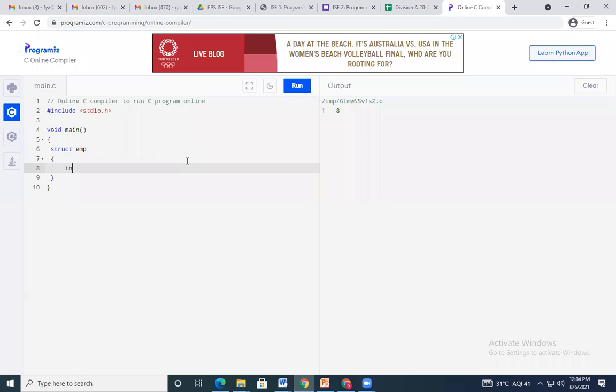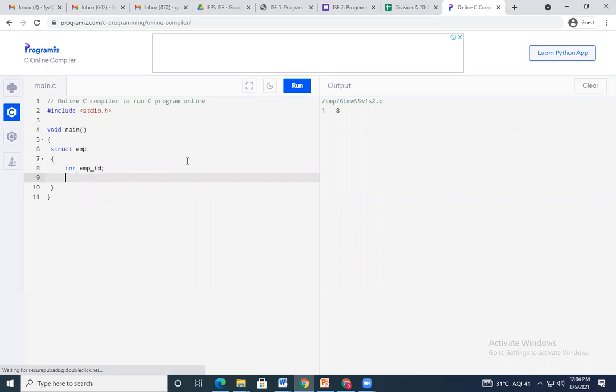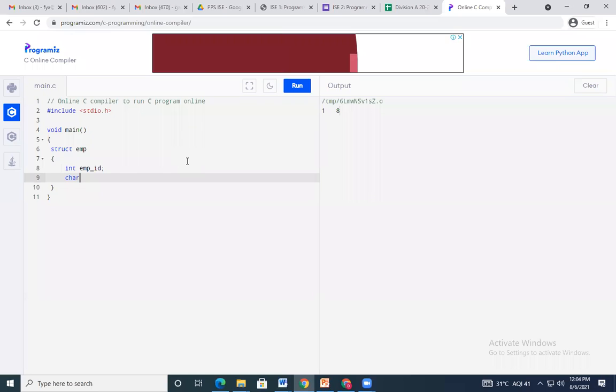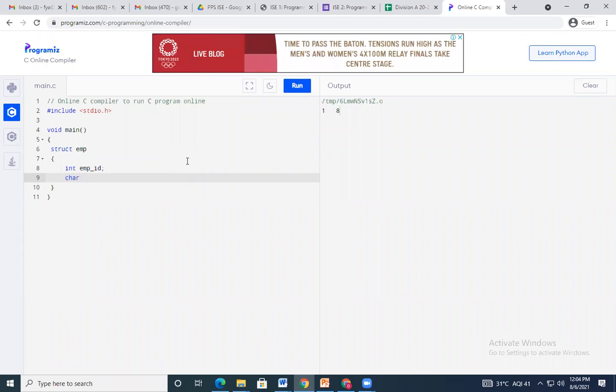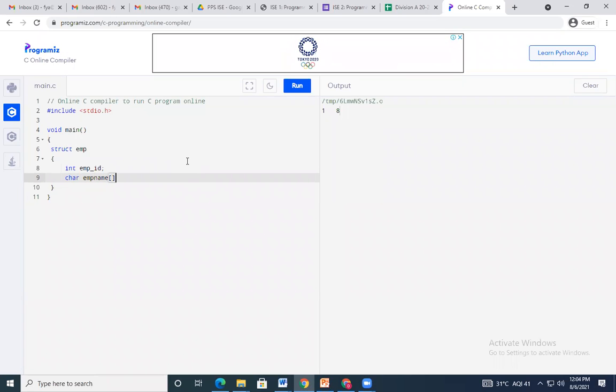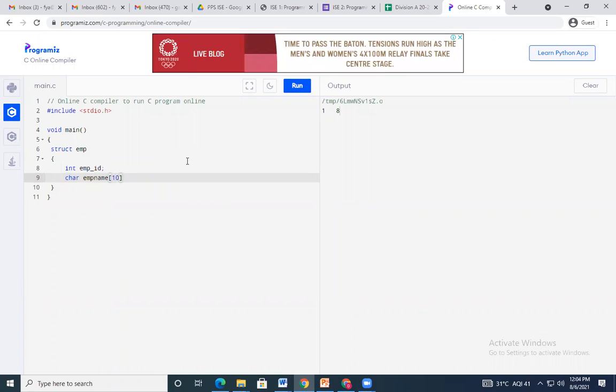Now for employee, I am going to add employee ID, which is of type integer. Then I have employee name, which is of type character, and when I say character, I will use an array if I have multiple characters in the name of the employee.